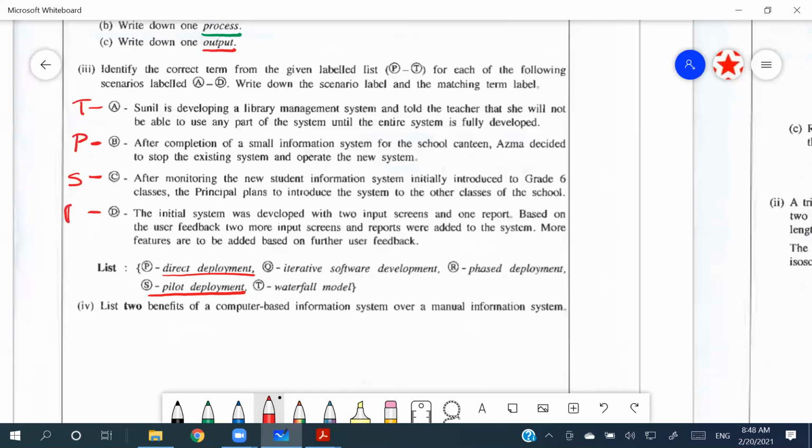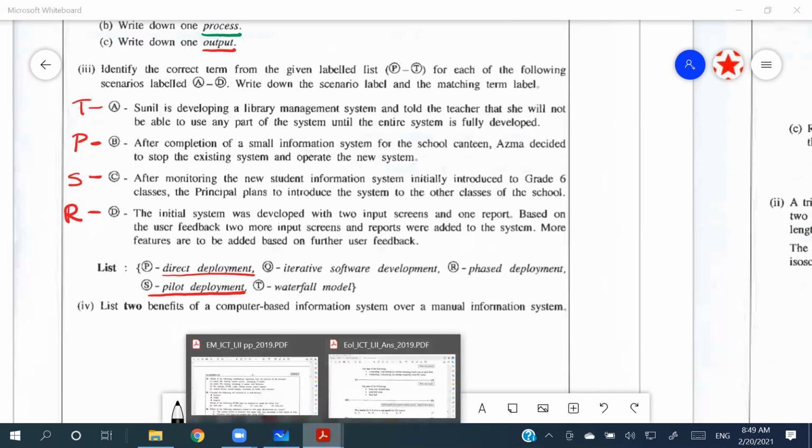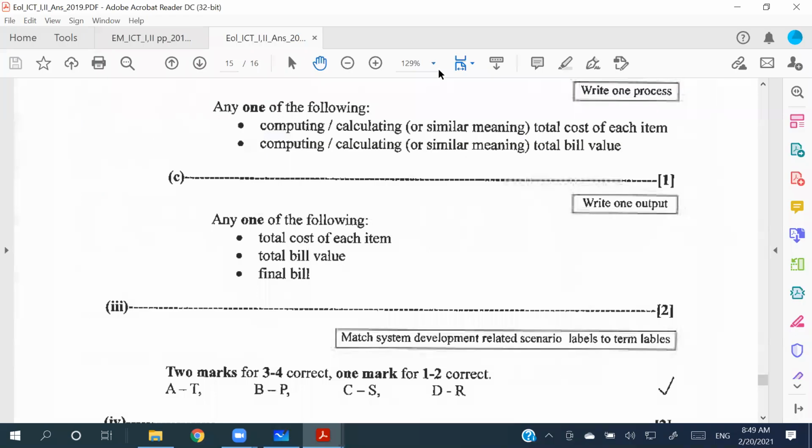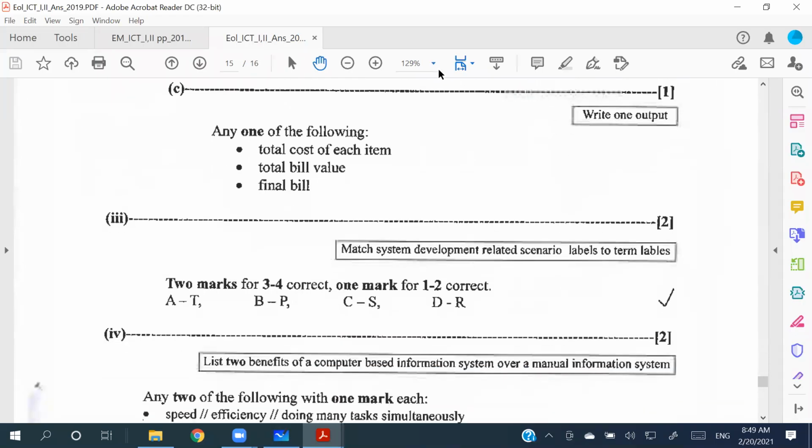Even iterative software development can be taken, right? But since it is gone with the marking scheme, you have to go with the R. So the solutions are going to be T for A, P for B, S for C, and R for D,